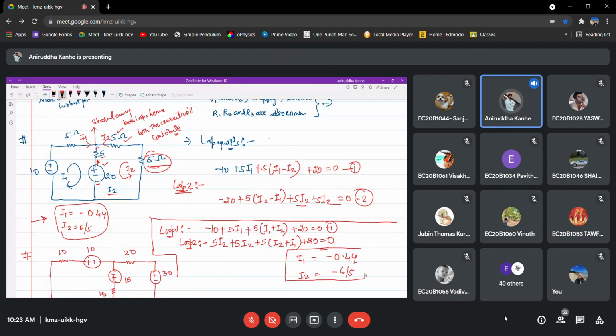So what does it suggest? Correct. It suggests that neither for I1 nor for I2 is the current direction which we have considered correct. Basically for I1, it is in anti-clockwise direction, and for I2, it is in clockwise direction. If you want to analyze this answer, it says that I1 is incorrectly considered. So I1 must be anti-clockwise, and I2, which we earlier considered as clockwise, is correct. Is that okay?